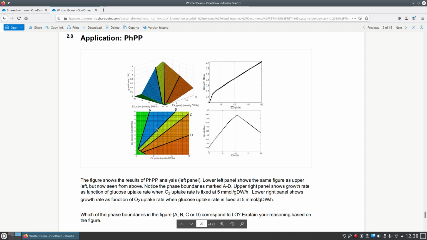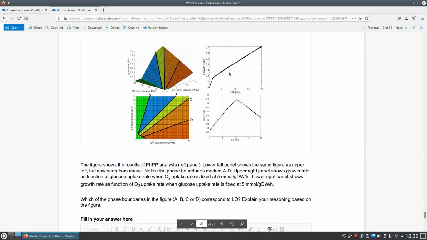Instead, what we have is this lower left plot here, which is the same as the top left, just seen from straight above. And then we have these two right plots here. And the question is, what do these two right plots correspond to? Well, they're the growth rate relative to glucose uptake. And if you look at the caption, when the O2 uptake rate is fixed at 5 millimoles per gram dry weight per hour. And if we look at this bottom right, it's the same thing, but inverse, where we look at the growth relative to oxygen uptake for glucose uptake fixed at 5 millimoles per gram dry weight per hour. So essentially, if we